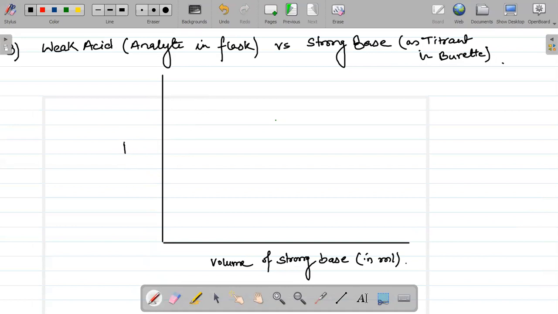If we have a weak acid, where can we expect our pH to start from? Will it be starting from closer to 0 or near to 7? It's a weak acid, so the chance of having a pH very close to 0 is going to be nil. Okay? We are generally going to start away from the 0 line. Yes, it will be closer to 7. At least we can say it is going to be away from 0. Okay? Number one. Number two,